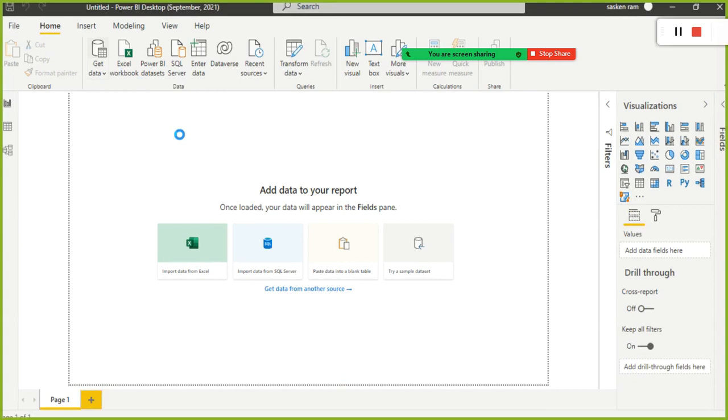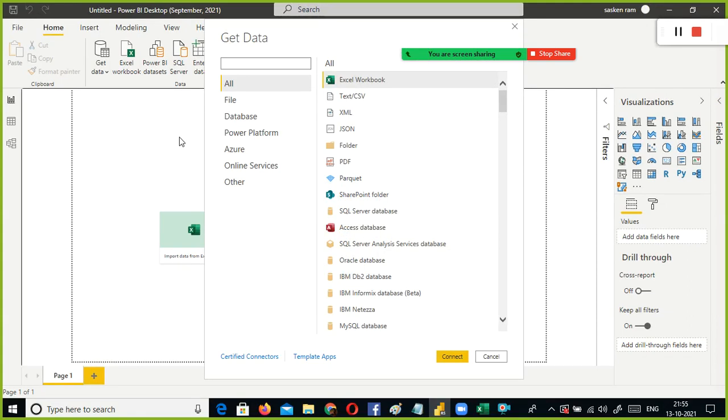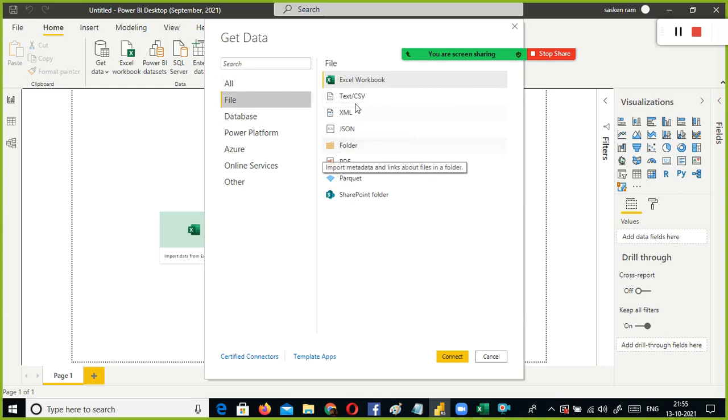When it comes to reporting, it is very easy, and even dashboards are very simple. But when you start using drill through and drill across, you should know what drill up and drill down are. Those things, you need a lot of help from people like us. If you look here, under File, what types of files does it support?